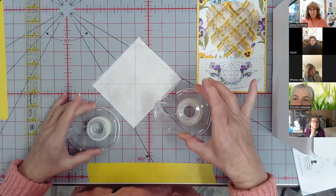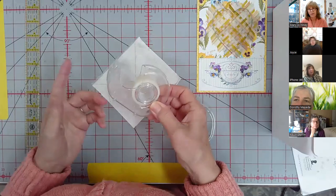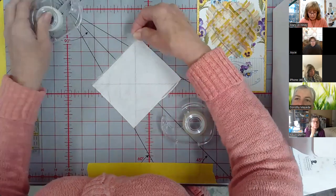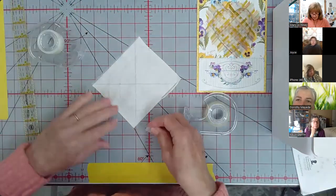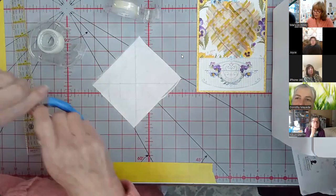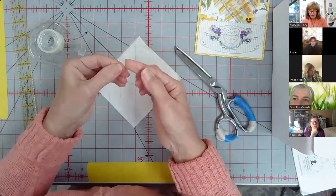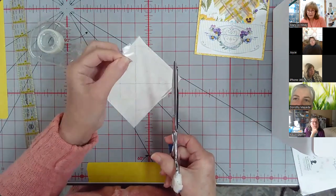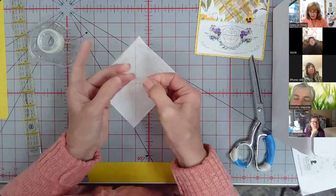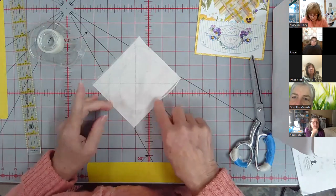1/2-inch wide double-sided tape, and we use 3/4 inch with transparent tape, but you can use something narrower if you want. And I'd like to tape the fabric to the work surface, and I'm going to need a scissors. So I took off a small piece of the double-sided tape, and I'm going to cut it in half. So it's about 1/4 inch wide, and I'm going to put the tape on the outside edge